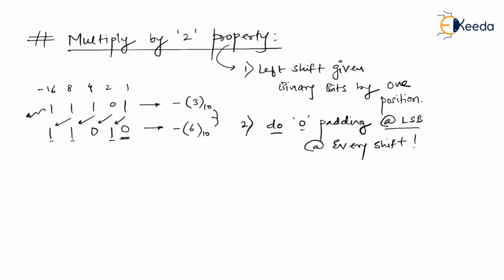Now see the magic. This number got multiplied by 2, but your intention was only to left shift it, and in reality it just got multiplied by 2. That's the property, right? Now again, if I do a left shift in a similar way, this MSB is again vanished. So this 1 comes here, this 0 comes here, this 1 comes here, this 0 comes here, and again we have a vacancy. We do padding of zeros, am I right? Then -16 plus 4 is -12. See, again this got multiplied by 2. I hope you understood this property.